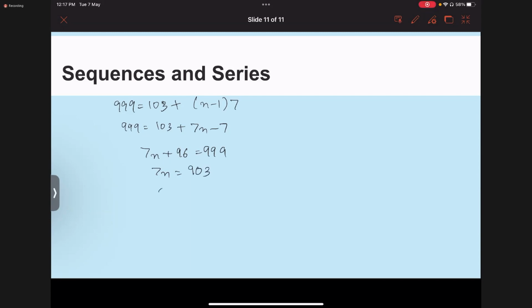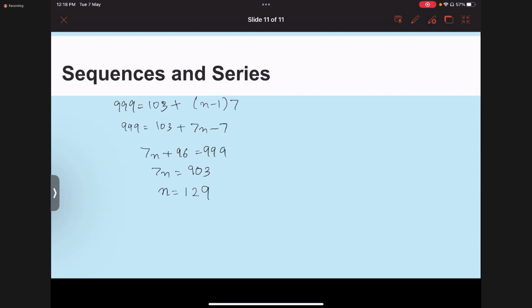And you will get n as 903 divided by 7, so n becomes 129. Okay, so now when you have an odd total number of terms,